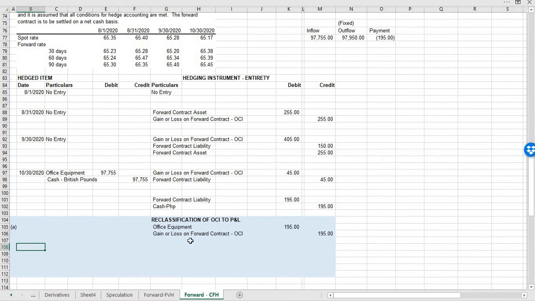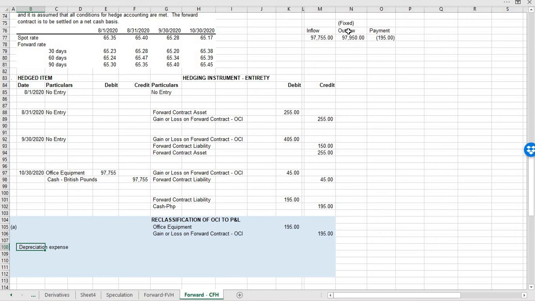So, ngayon, ang sabi natin, ang OCI should be reclassified to profit or loss. Hindi naman natin sa profit or loss siya nilabas kasi in-adjust natin siya sa initial cost ng ating office equipment. So, paano siya magkakaroon ng effect sa profit or loss? So, magkakaroon siya ng effect sa profit or loss through depreciation, kapag nag-record na tayo ng depreciation for the equipment. So, paano tayo mag-record ng depreciation? Siyempre, debit tayo ng depreciation expense. Magkano? Based na doon sa adjusted value ng ating office equipment. At yun ay